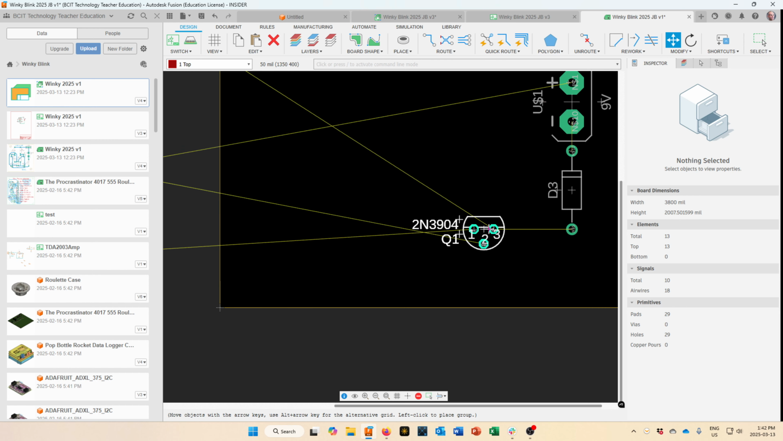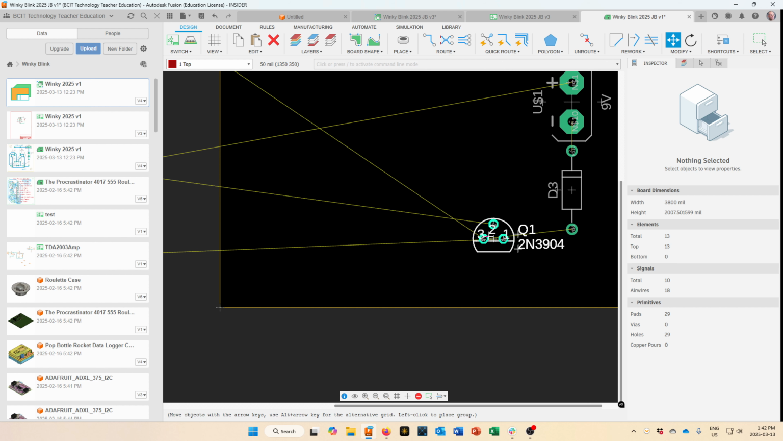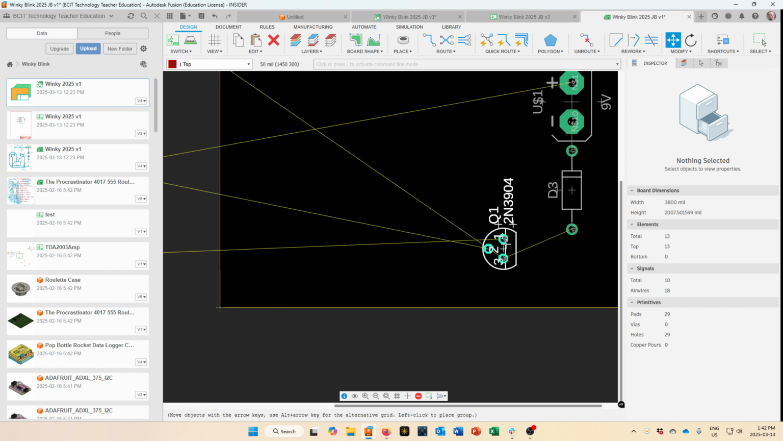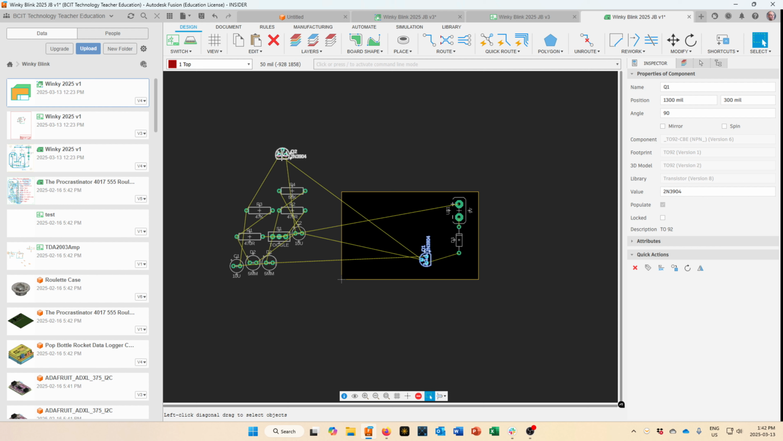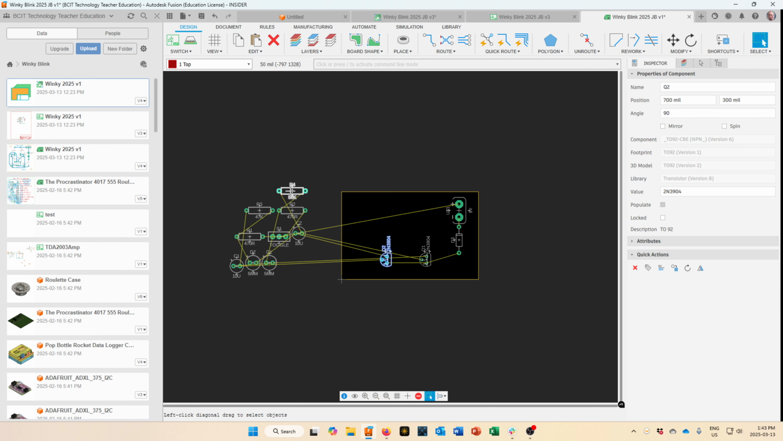Now let's zoom in a little bit. I want my emitter to have a nice straight run to the diode. So I might put my transistor in this orientation and then take this transistor down and also put it in that orientation. Now up top, I've got a switch,